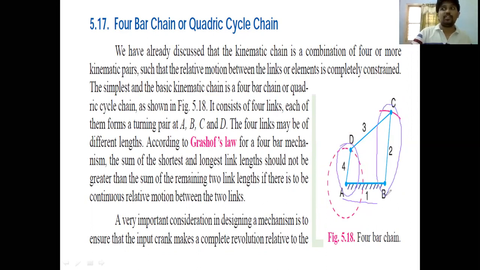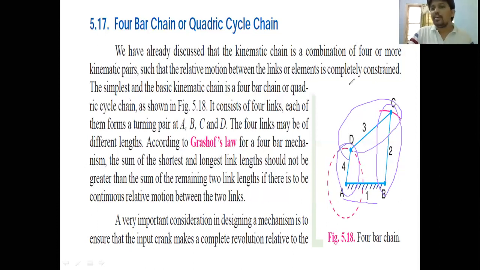That means it is the motion which is transmitting. The lever is something by which you can transmit motion from our crank to some other part. The middle part, which is our DC, is something we can call a connecting link or a follower because it is connected to the crank. So these are the four links in the four bar chain mechanism, in which one of the links is fixed,